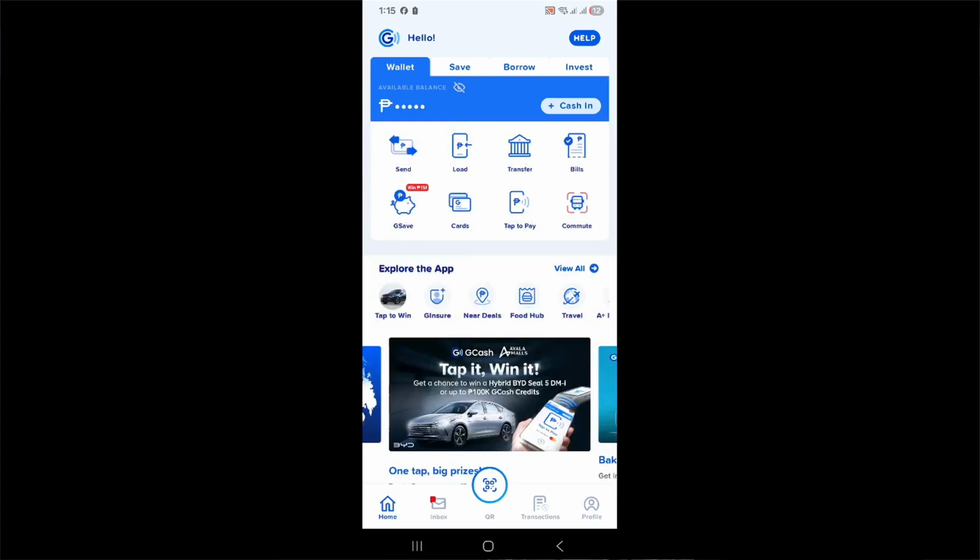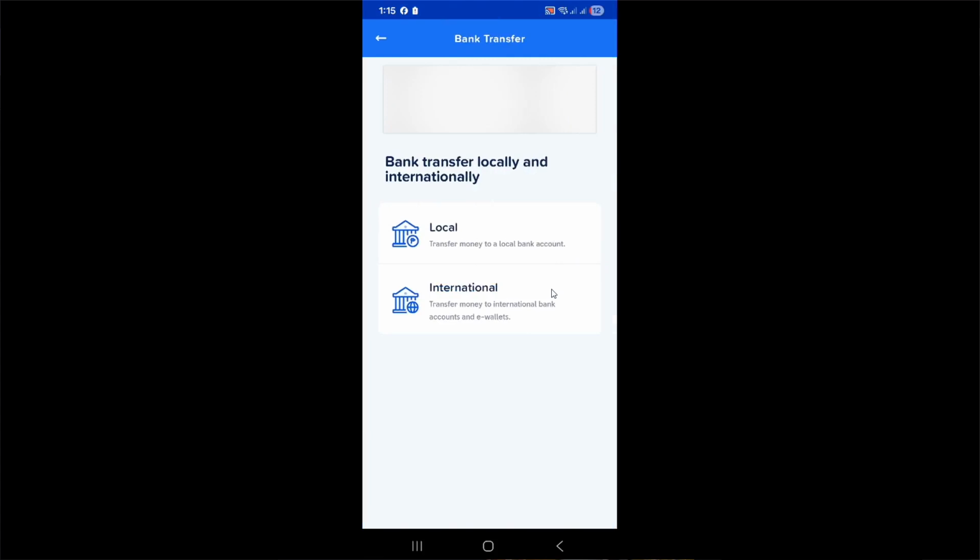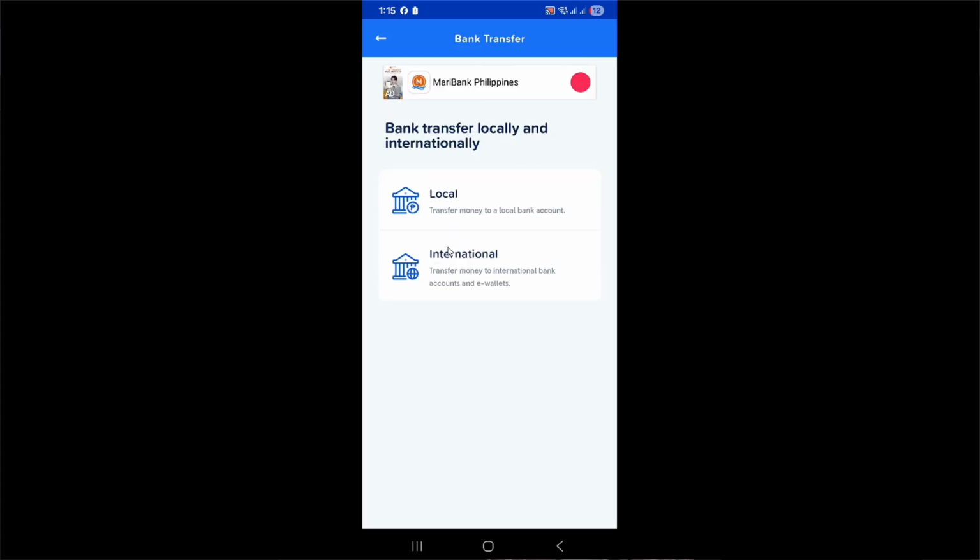Once you have the app open, tap on the transfer option. This is your key to moving your money from Gcash to your bank account. The transfer button is usually located prominently on the app's main screen. By tapping transfer, you're essentially starting the process of cashing out. This step is crucial because it sets the ball rolling for your transaction.